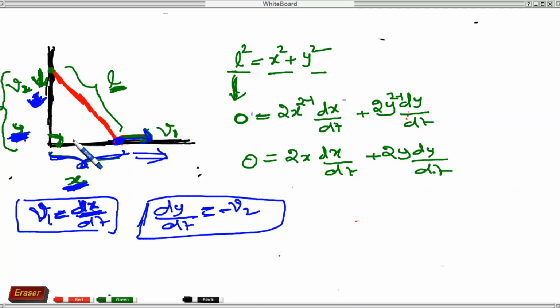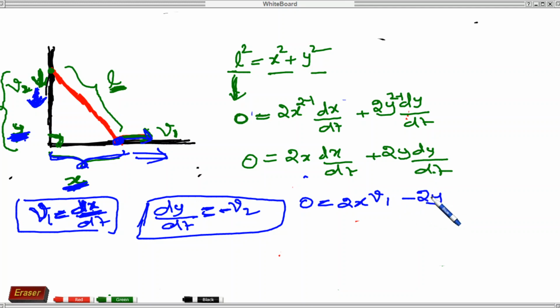Otherwise the relation will also give the same thing. So substituting here, 0 is equal to 2x v1 minus